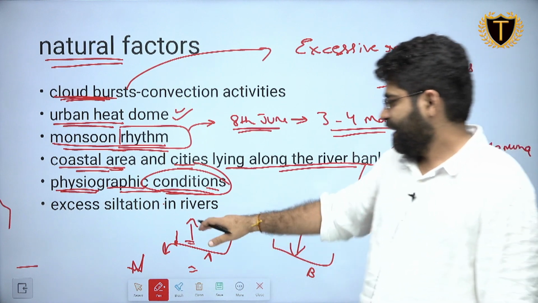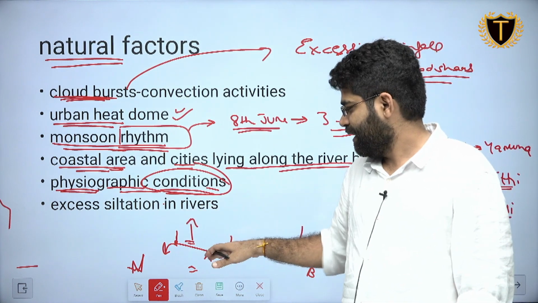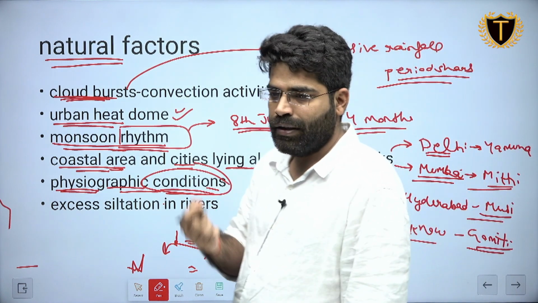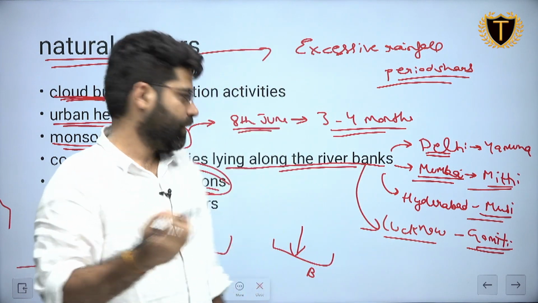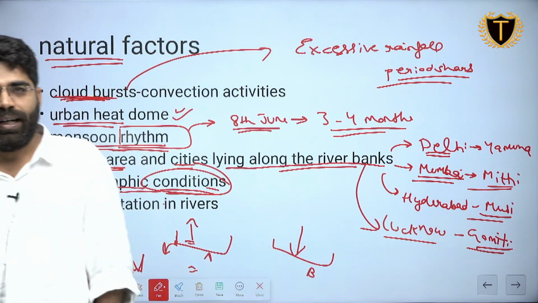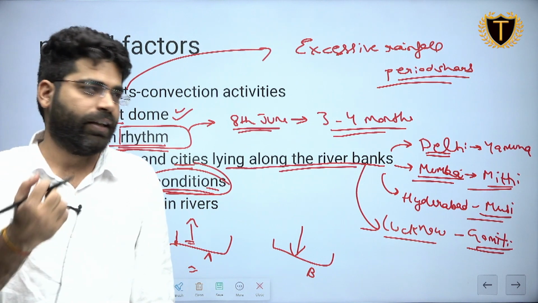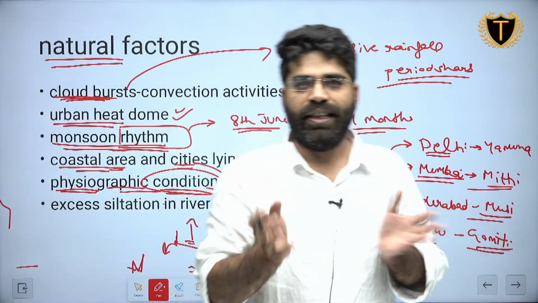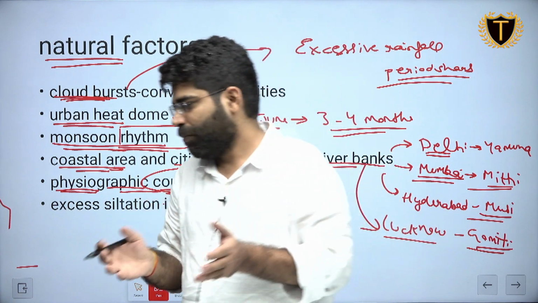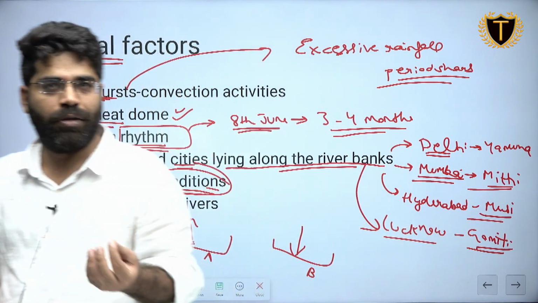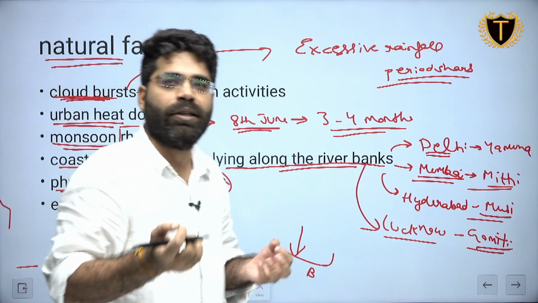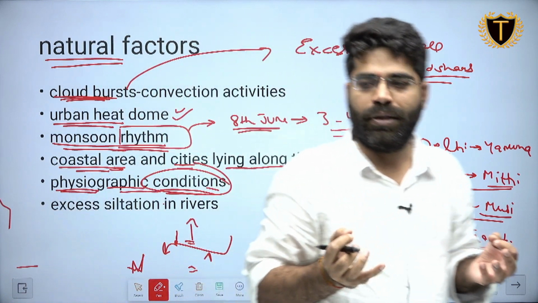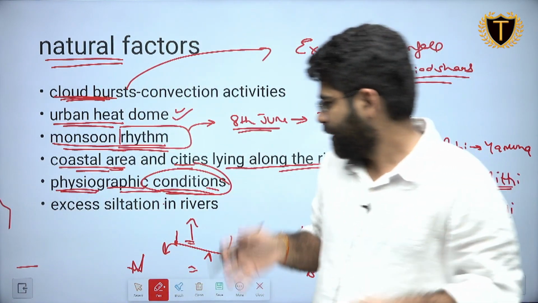See, city A is based on igneous rock strata, but city B is based on sedimentary rock strata, and we know sedimentary rock is pervious for the flow of water to take place. The more the flow, the more water will seep down the ground, and there would be less possibility for urban floods to happen. Is that clear? Okay.